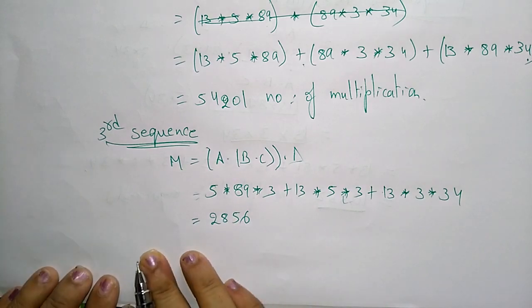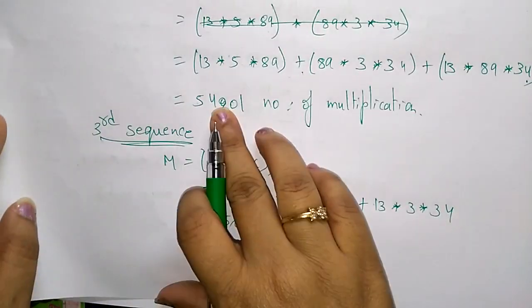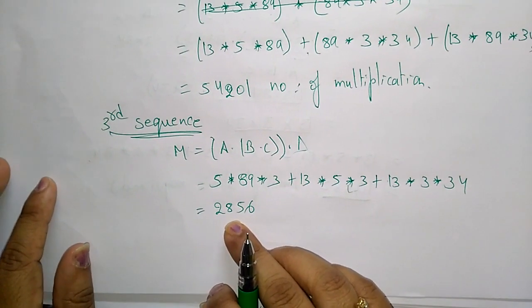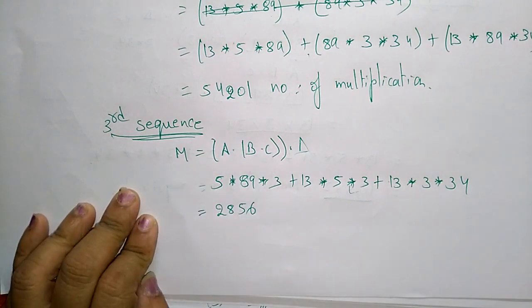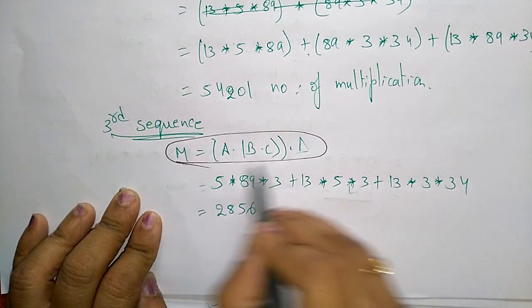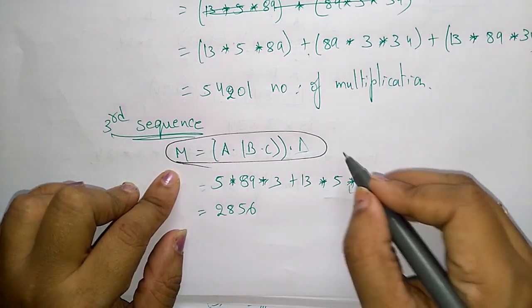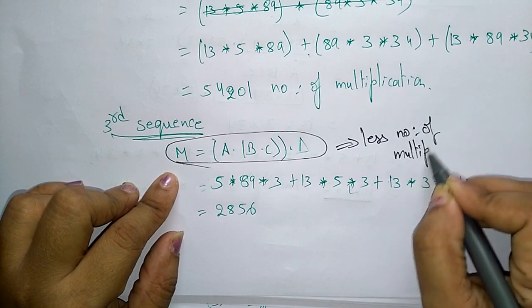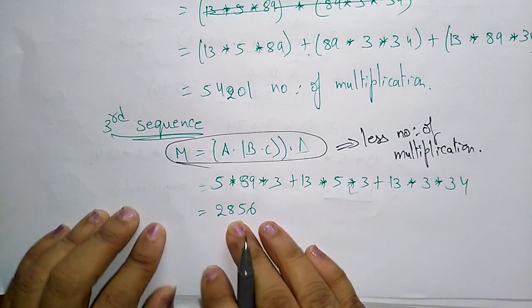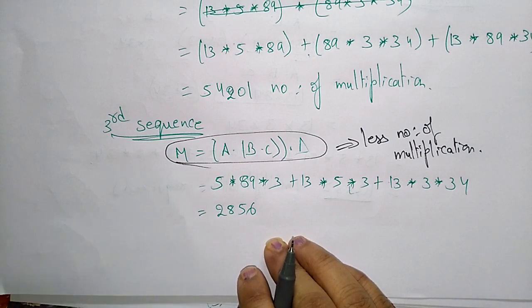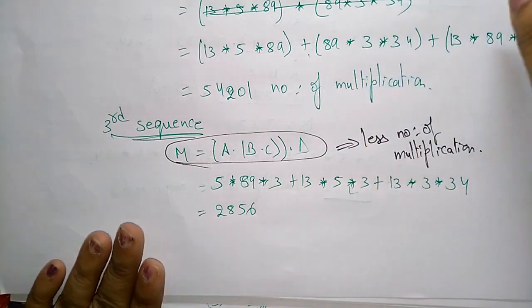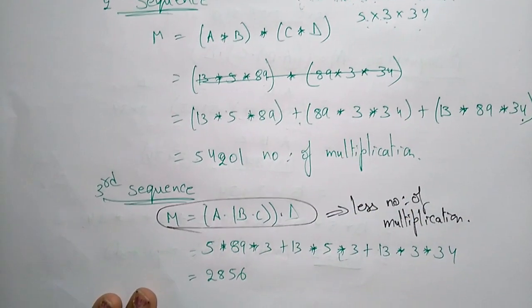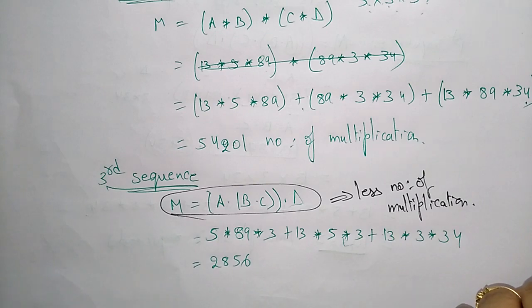Okay. So for comparing all these sequences, what is the result? Here 10,000, here 5,000 and here 2,000. So comparing all the sequences, this A dot B dot C into D has less number of multiplications. So for finding the number of multiplications directly, we are going to the dynamic method approach to find the minimum value in different methods of multiplication. Here we are just following the normal sequence. By using this dynamic programming approach, we can find the minimum